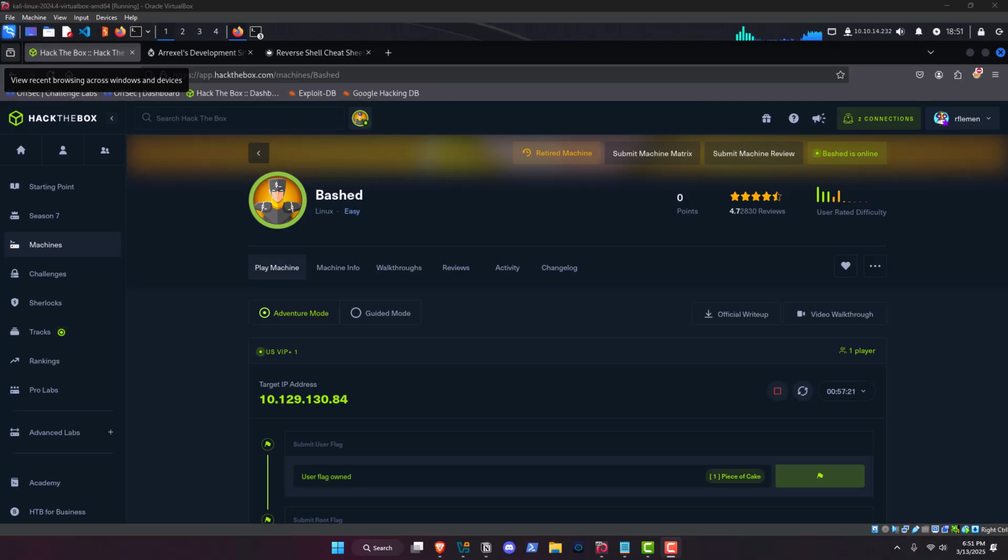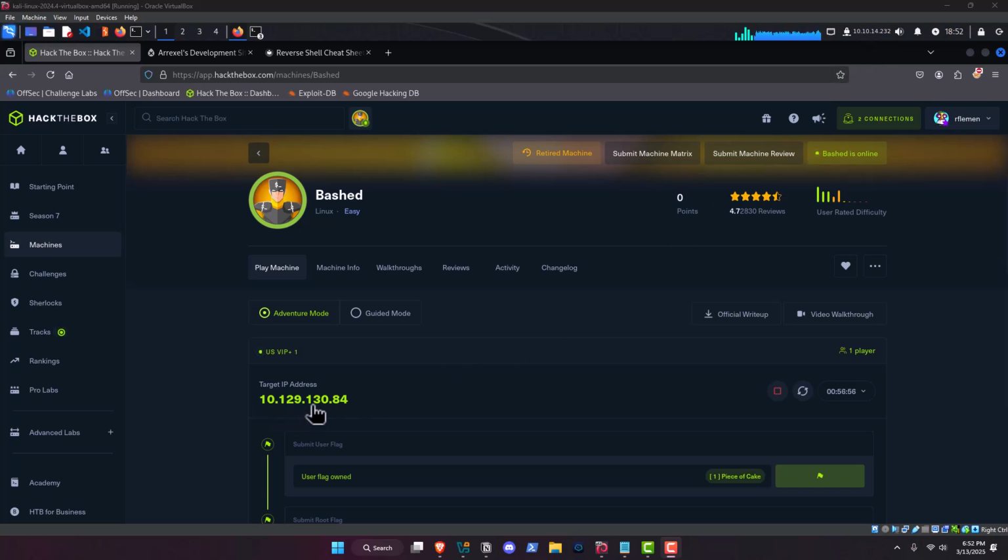We're going to do another Hack the Box walkthrough. This time we're doing another retired machine called Bashed. It is Linux and it is rated as easy. I thought the user flag was very easy. The root flag was a little trickier. You've got to mess around with some Python. So, good learning experience. Regardless, without further ado, you can see I am connected to Hack the Box's VPN, and